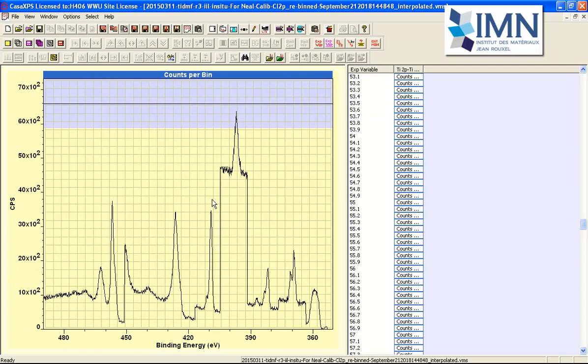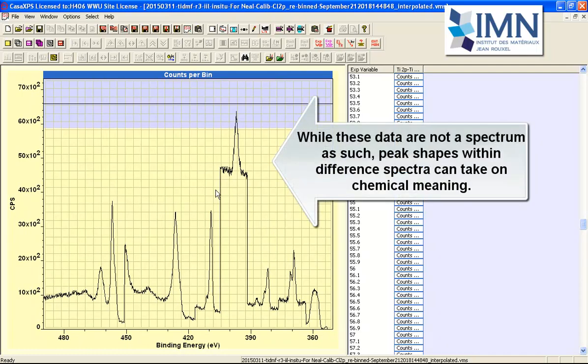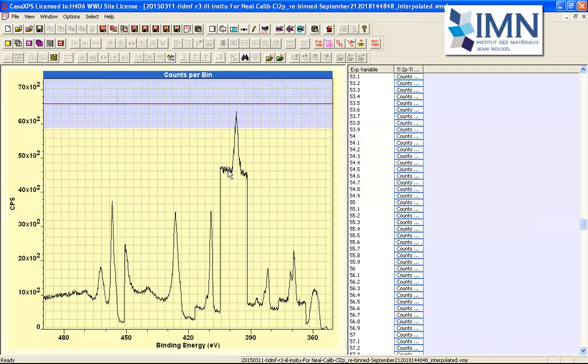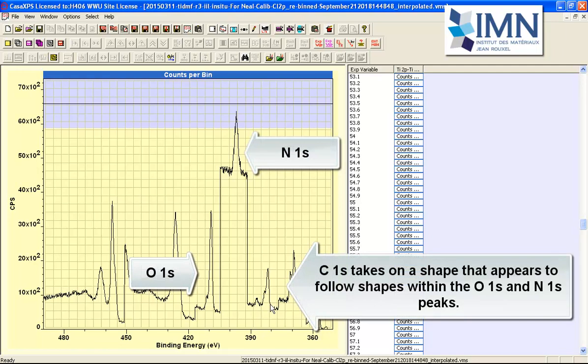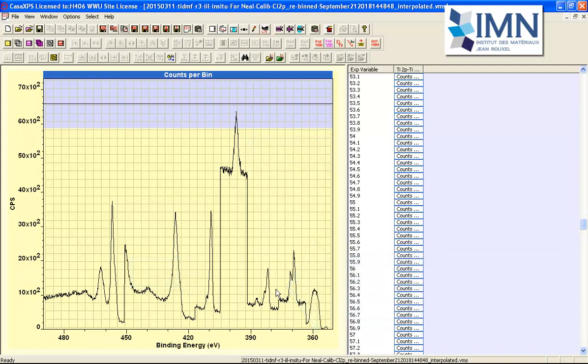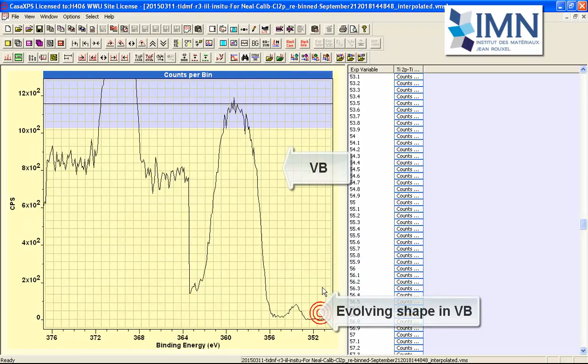So this is not a real spectrum. This is a spectrum that has been calculated from two spectra, and as a consequence one of the nitrogen peaks is no longer within these data, and the shape of the carbon envelope has changed, and so too has the oxygen 1s. What is more interesting from the analysis of this data set is that a feature has emerged within